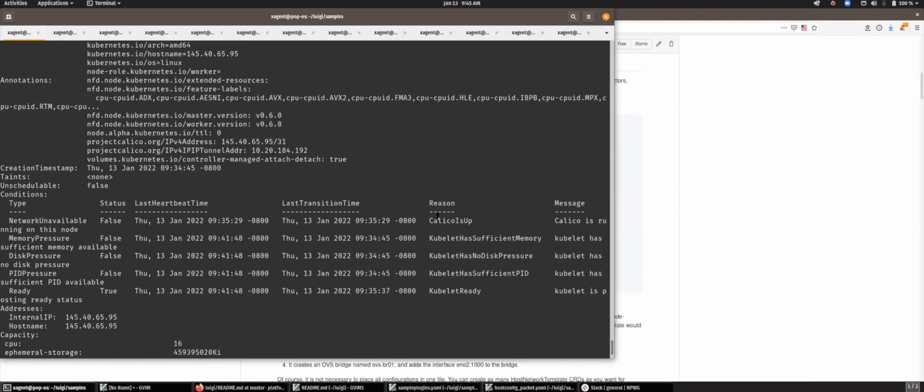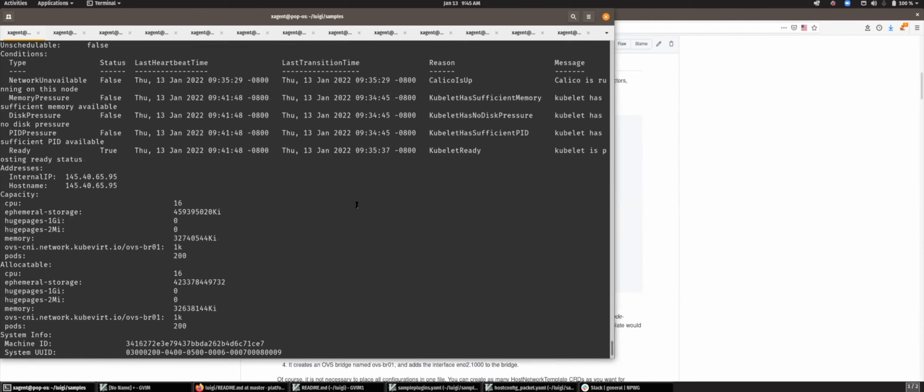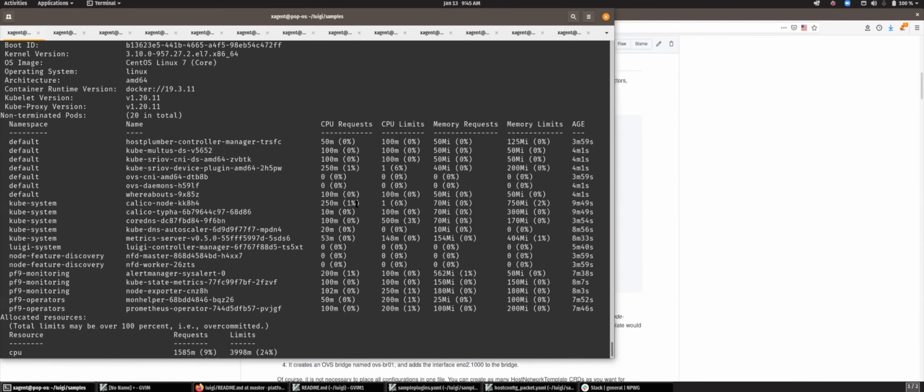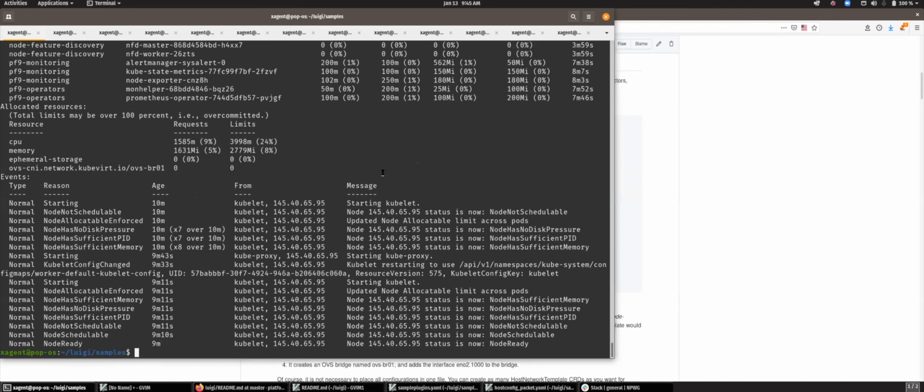Is there a way to view this easier? Like, does the API let me say, just show me nodes that are capable, or do I have to do a search based on label or something like that? Say I've got like 50 nodes. Is there a way to show that, or is that maybe a future feature? I don't know the answer to that off the top of my head. Okay.